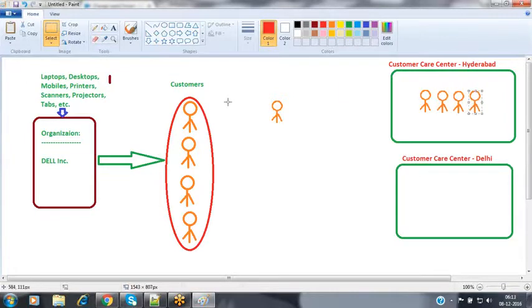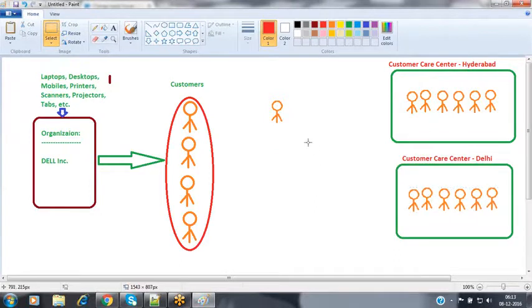These are the various customer care executives available inside my organization. In both the service centers, I'm having some customer care executives available.